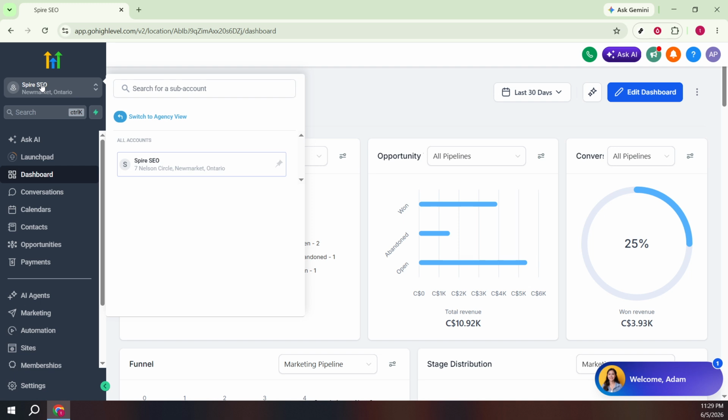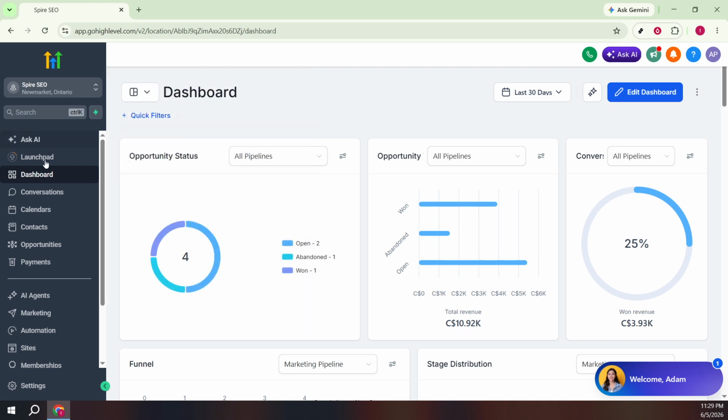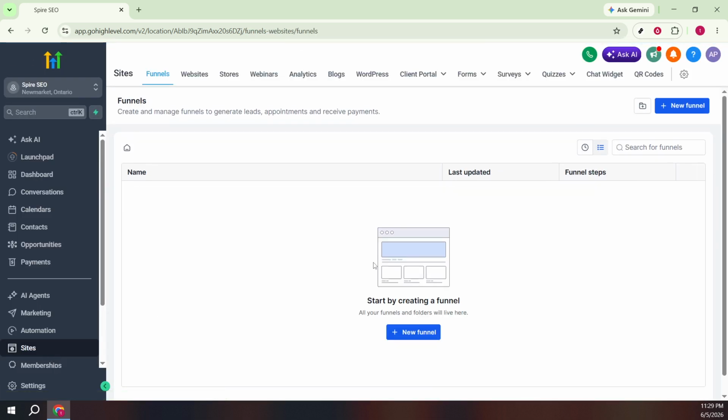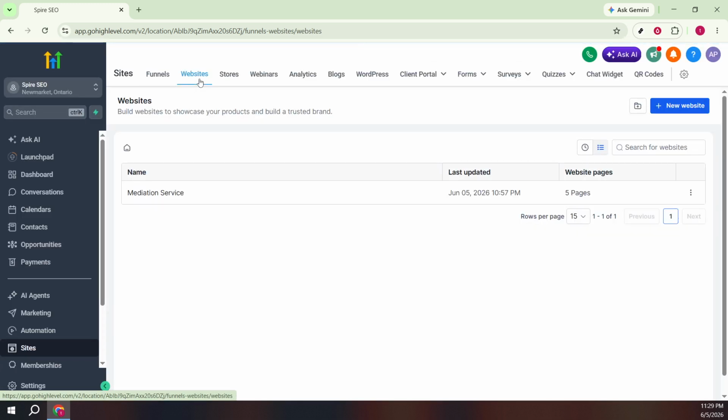Next, look to the left side menu and click Sites. This is where all your web assets are organized. Inside Sites, switch to the Websites section. GoHighLevel separates funnels and websites into different tabs, so make sure you're on Websites to see the standard site projects